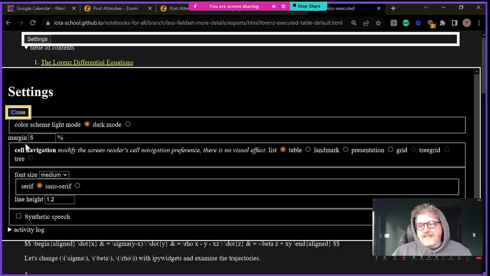So the browser actually has a native ability to make sound and say things, even if you're not using a screen reader. So this uses the synthetic speech API. Interesting. And it's one of these things where, from the video game perspective, you know,